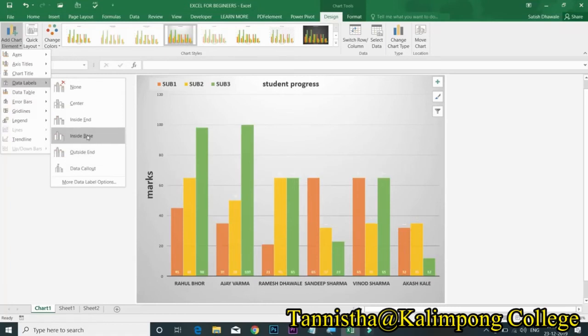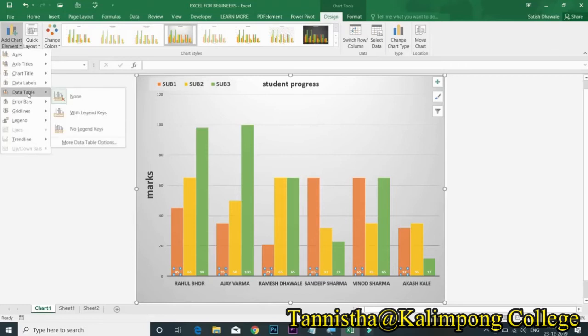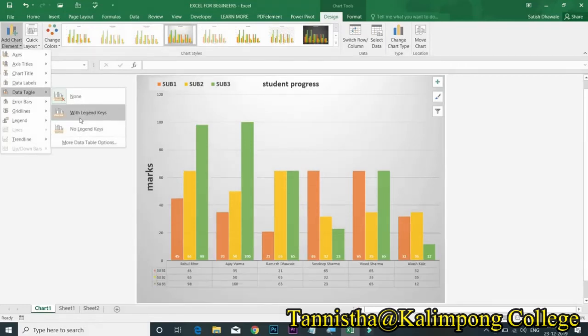You can choose the position of the data labels as per your choice. Now try to follow the changes of data labels with each options minutely. Then appears data table. With legend keys, the colors or patterns are appearing with legends. With no legend keys, the colors are not appearing with legends.